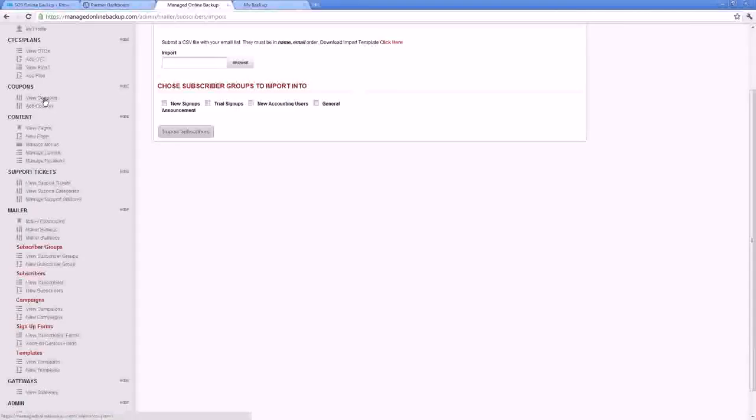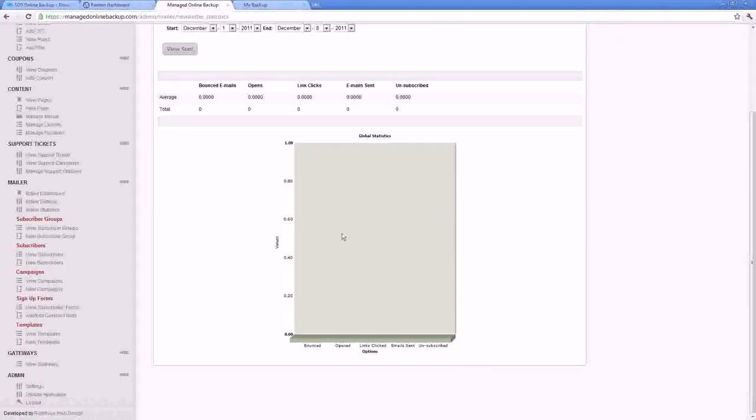You can create coupon codes that either give you a fixed number of users or uses. So, for example, first 100 users with this code get a free account, something like that. You could put a time frame around it. This code is only good through this day, and then it'll stop working that day. And it could be a fixed discount of the service in a specific dollar amount, or it could be a percentage. You have good mailer statistics, so you can see, all right, what's our bounce rate, open rate, click-through, emails sent, unsubscribed accounts. It's really terrific. So you can always create new campaigns, whether it's vertical specific campaigns to new customers or just follow-ups. So you have regular subscription emails, so maybe all of your customers get the same subscription